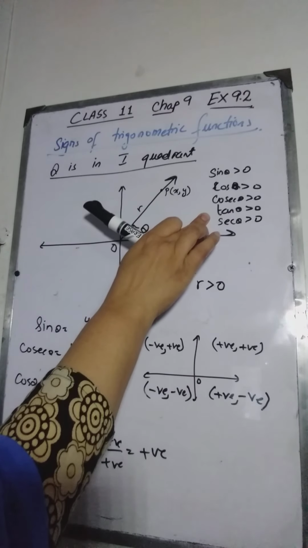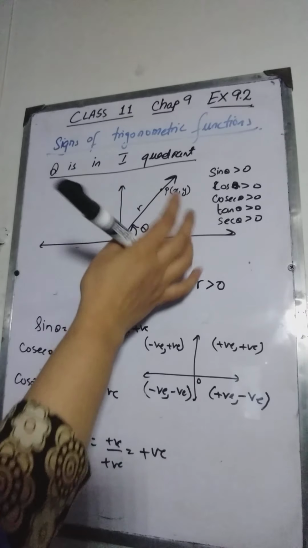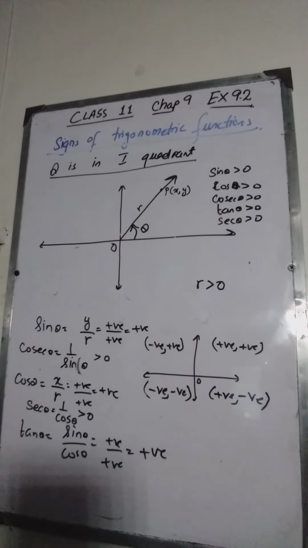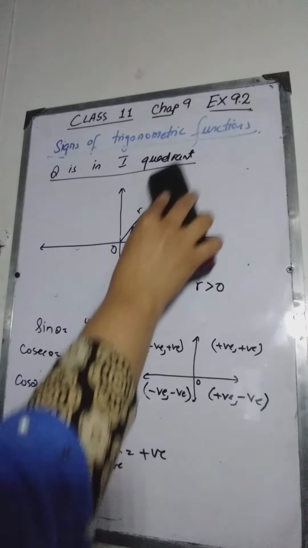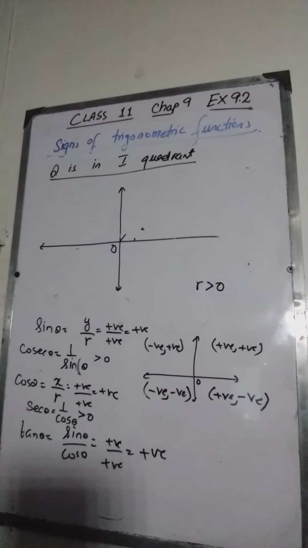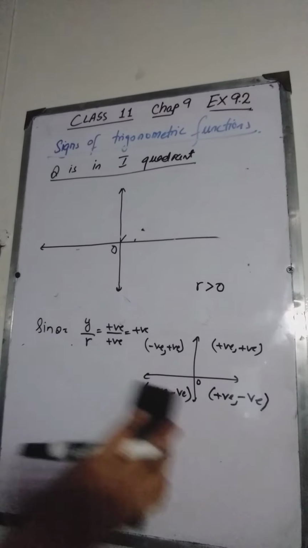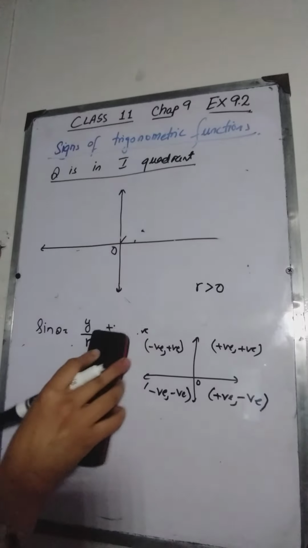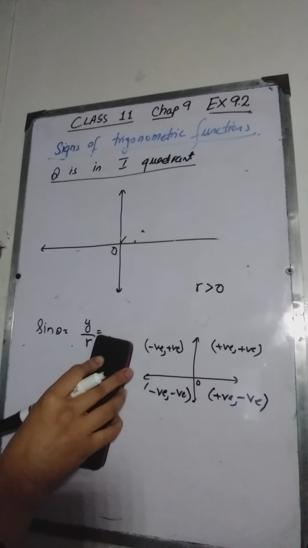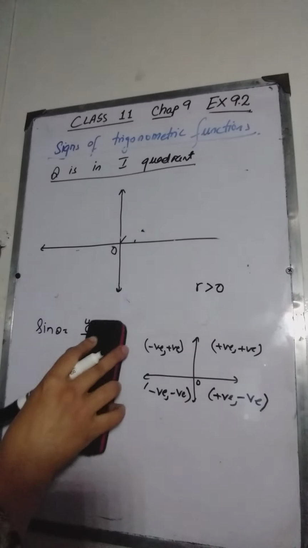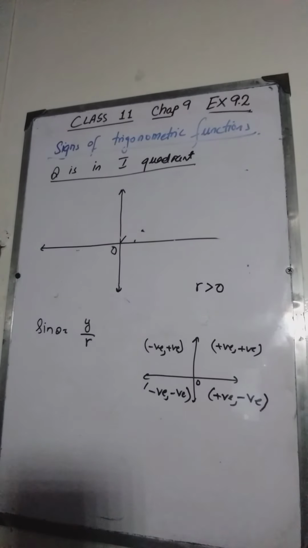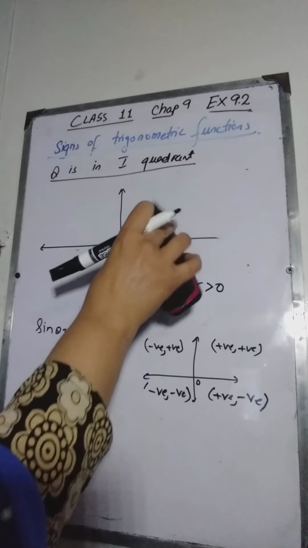If you see, the same is the case for cotangent theta. Cotangent theta is the reciprocal of tangent theta. As tangent theta is greater than 0, cotangent theta will also be greater than 0. So for simplicity we can write that in the first quadrant all the 6 trigonometric ratios are positive. Now if we know the signs of sine theta and cos theta only, we can determine the signs of all the other trigonometric ratios. So discussing the signs of sine theta and cos theta will be more than enough.